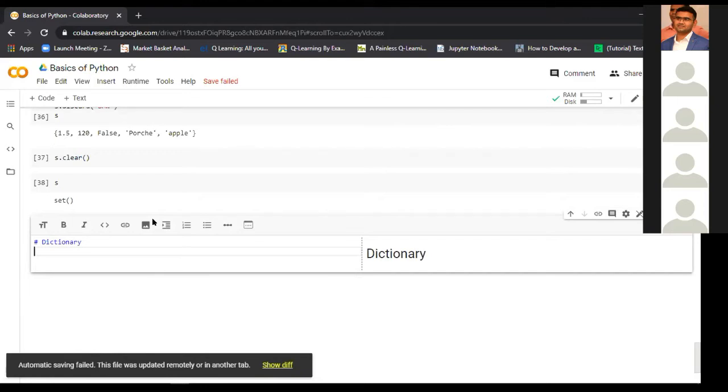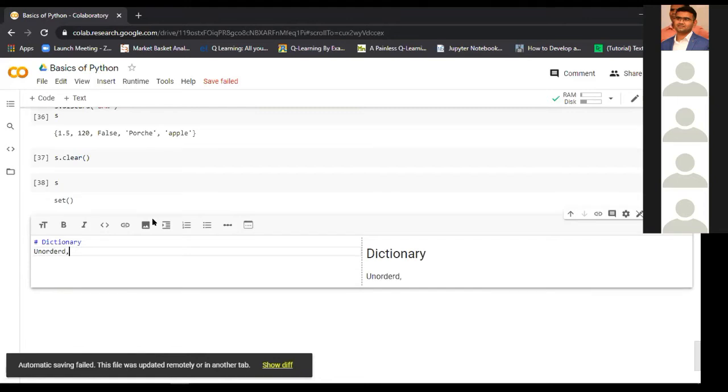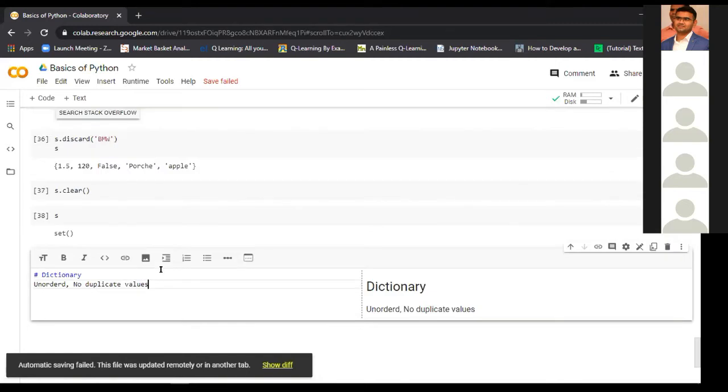It is unordered and has no duplicate values. These are the same properties as the set, but the difference is that in the set we use direct elements, but in the dictionary we use key value pairs.